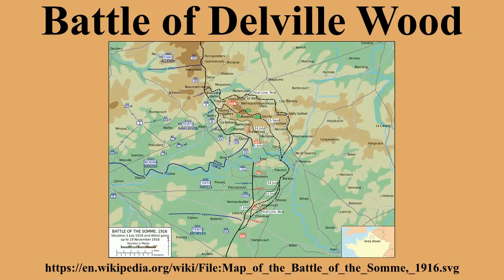The ground rose from Bernafay and Trones Woods to the middle of the village, and neither the village nor the wood could be held without the other. After the Battle of Bazentin Ridge, the British tried to advance on both flanks to straighten the salient at Delville Wood, to reach good jumping-off positions for a general attack. The Germans tried to eliminate the salient and to retain the ground, which shielded German positions from view and overlooked